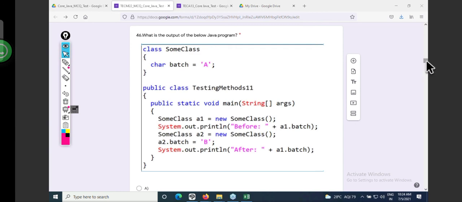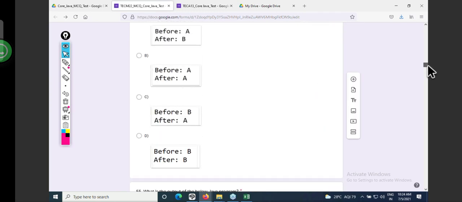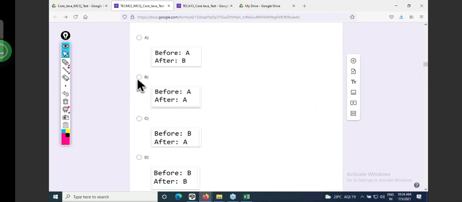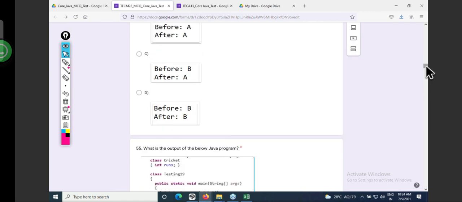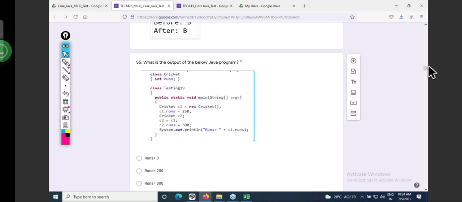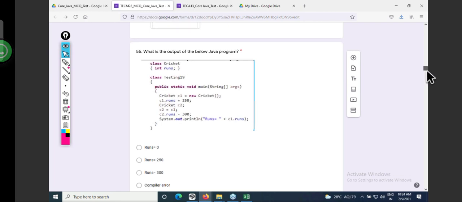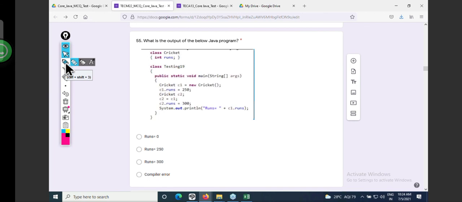That much level of patience should be there for analyzing. Next question. Is B the correct option? Yes, B is the correct option. Next one, very challenging.